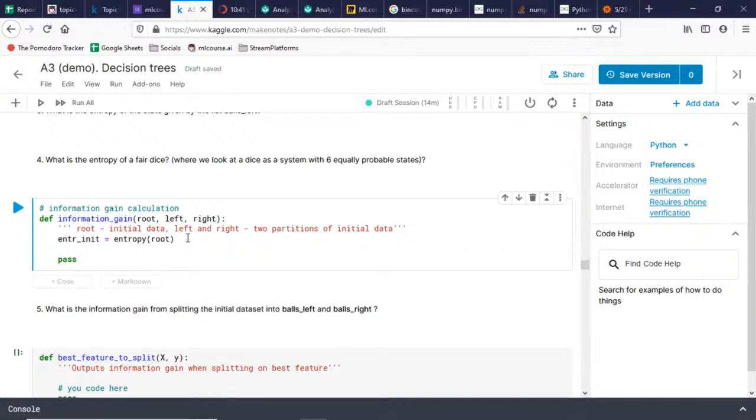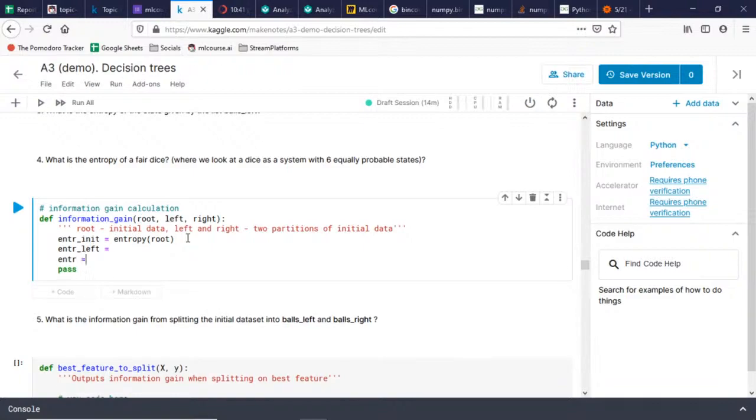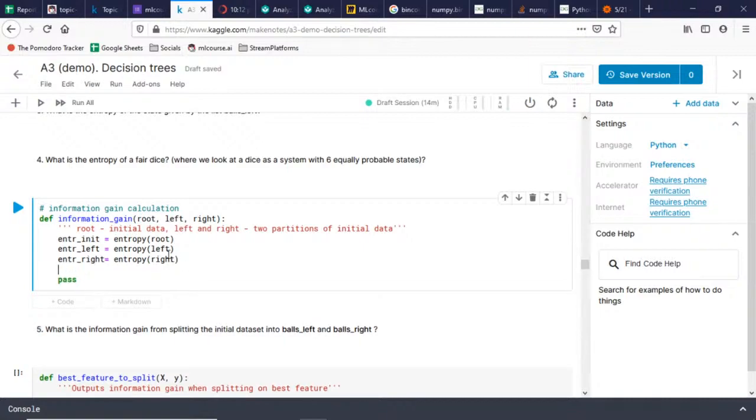So yeah, and we have two groups. So let it be entropy left and entropy right. And okay, so here we'll have left, and in the last one we'll have right. Okay, so we have 3 entropies, and what we need to do is to return